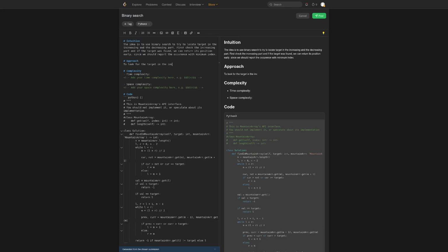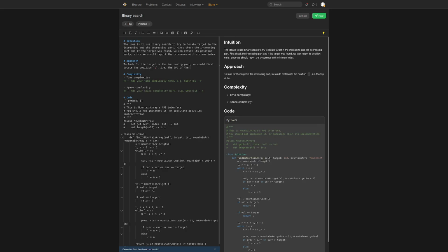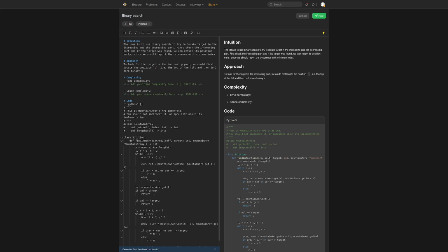In the first part we could first locate the position of the top of the hill, and then do 2 more binary searches to check the parts, but